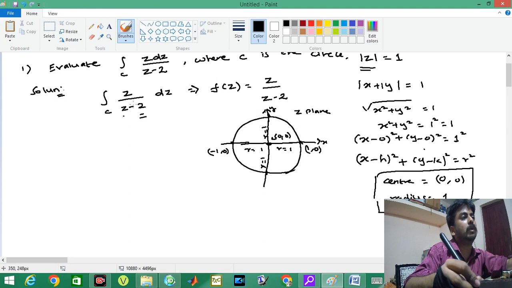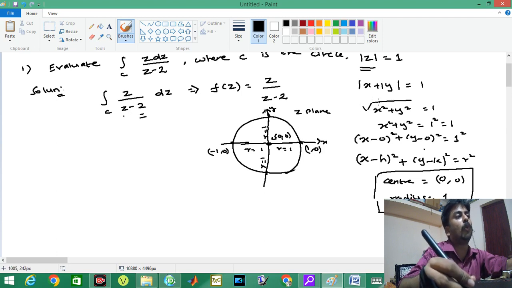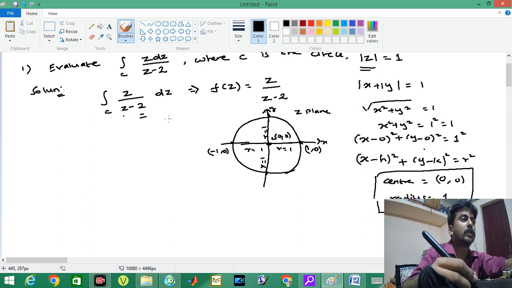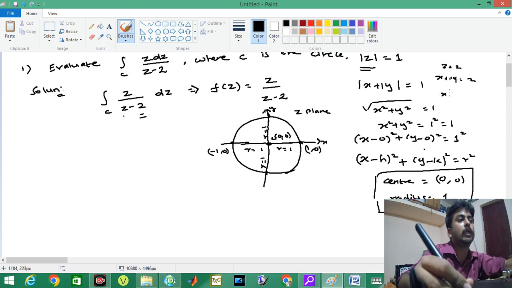Z equal to 2 means it will not lie inside a circle. See, z equal to 1 means the real part x equal to 1, there is no imaginary part. Maybe if I suppose it like this, z equal to 2, so x plus iy equal to 2. Then square root of x square plus y square equal to 4, means x square plus y square equal to